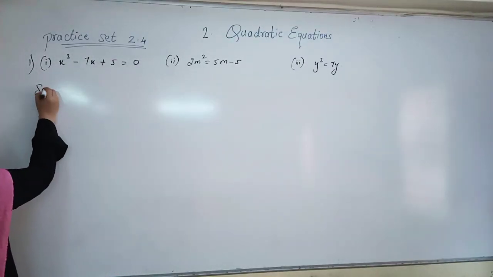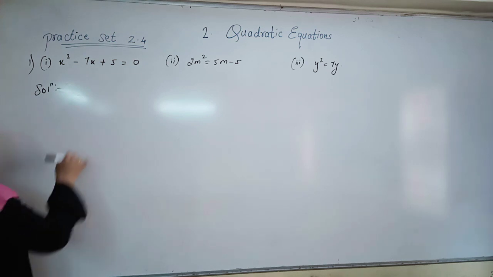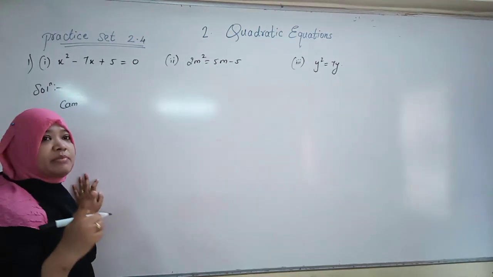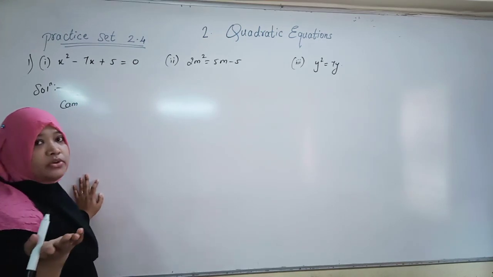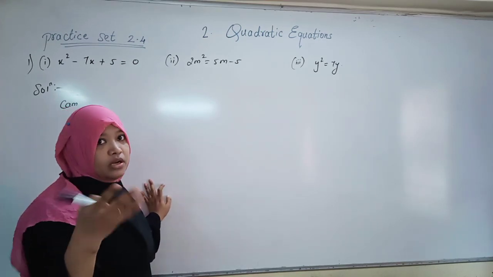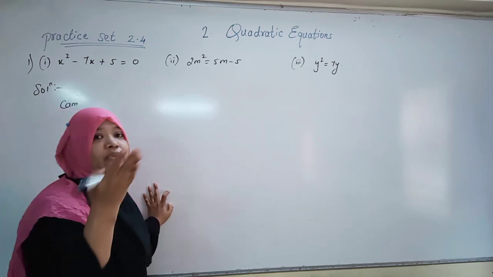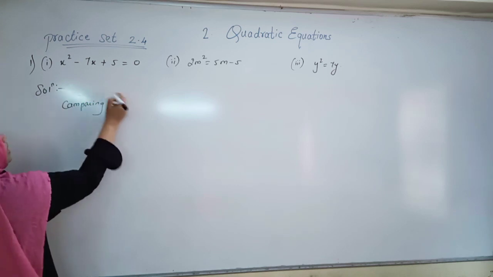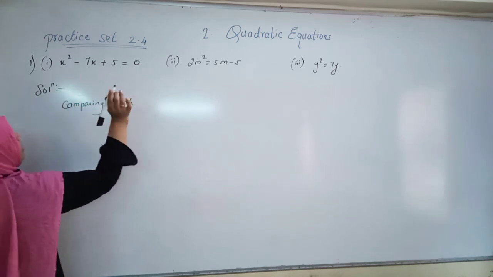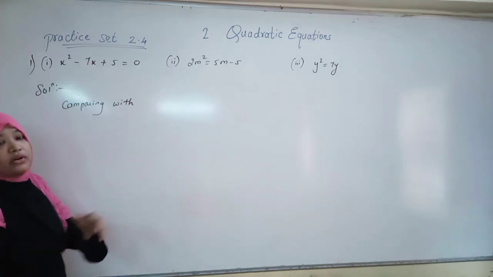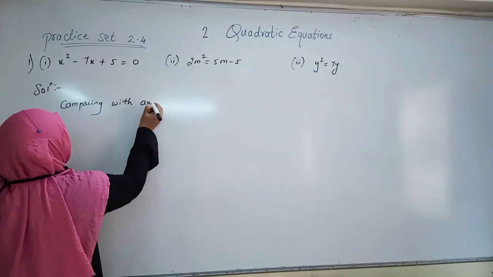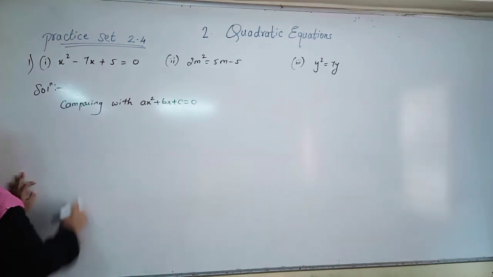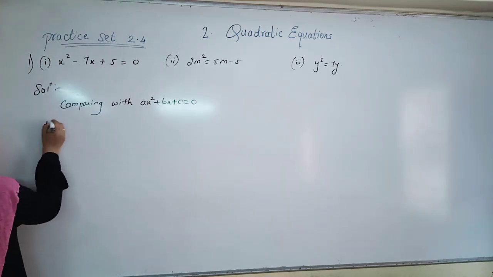Now what are we going to write here? Solution. Simply we have to write. It is a 1 mark question. It can be asked for 1 mark in the form of an activity also, find the value of a, b, c. It is asked in the exam. Comparing with, come on student, the standard form of the quadratic equation is ax square plus bx plus c equals 0.